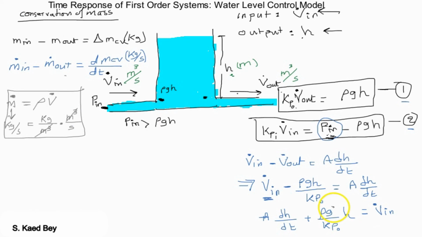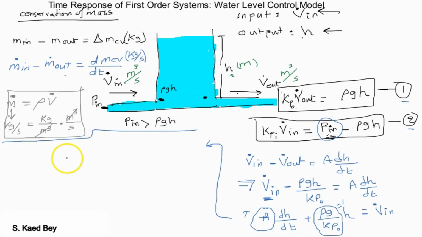Remember, if the coefficient is made 1, then what is left here will be your time constant, if you remember. So we can rewrite this equation as: to make this term equal to 1, we could divide by rho g and multiply by K P o. If we do this for the differential equation, we get